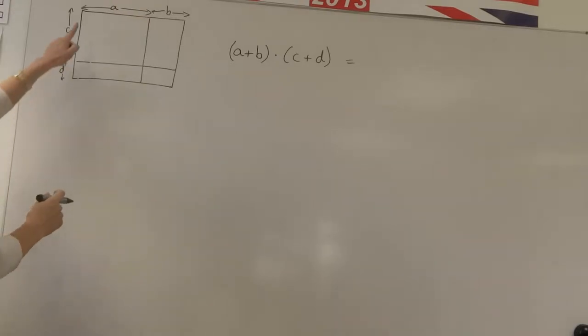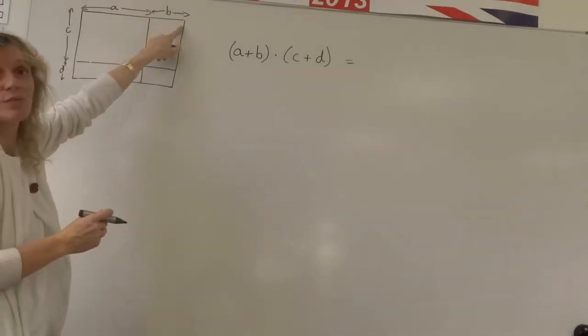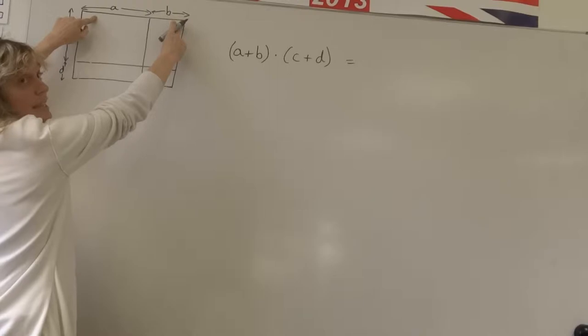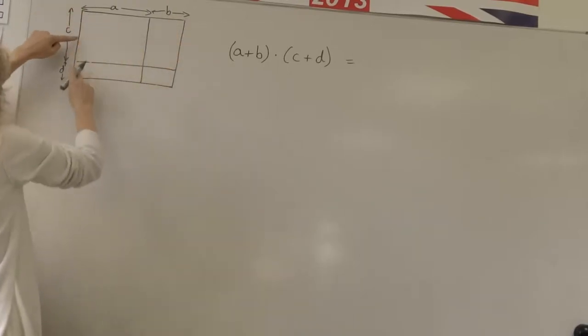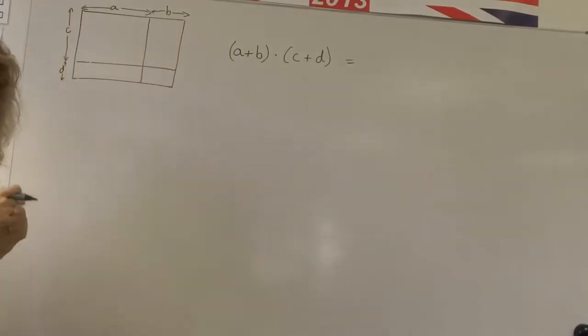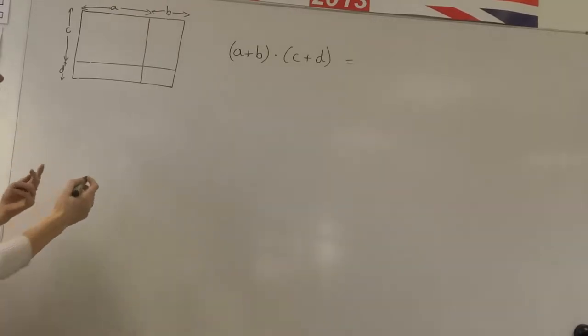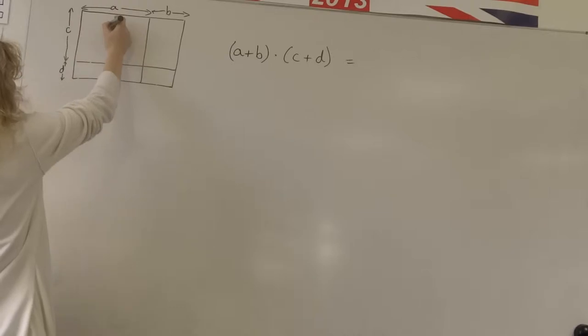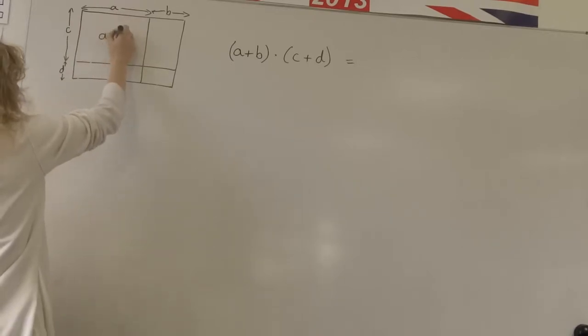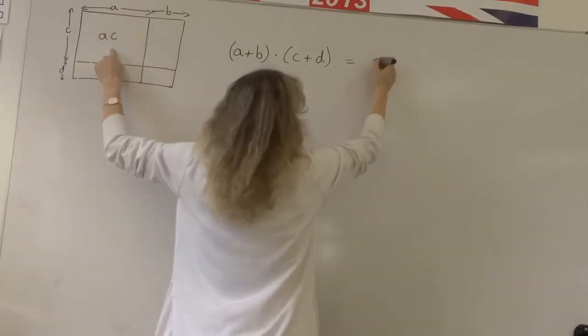We can think of what we're doing here as trying to find the area of this rectangle. The length of this side is a plus b, and the length of this side is c plus d. So in a way, we're trying to find the area of this whole big rectangle. We know that the area of this whole big rectangle is the same as a times c, the inner rectangle,